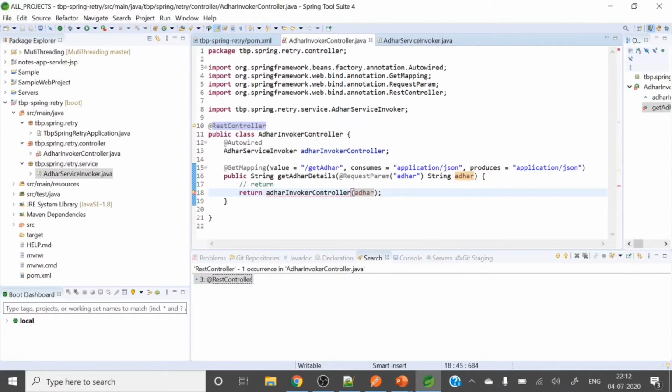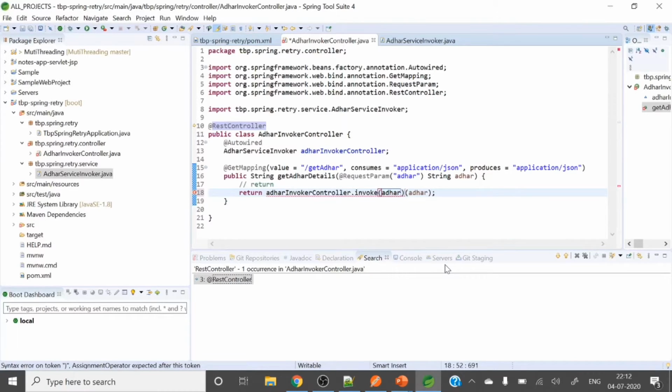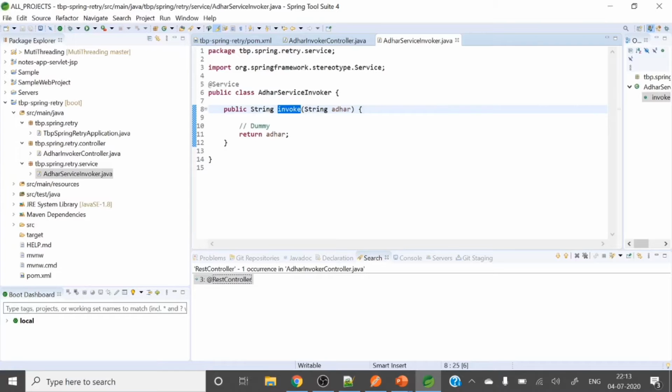Oh, sorry, here we need to call that method, invoke, dot invoke, right? So this is the entire flow of a simple microservice done. It will receive the request with getAadhaar, then collect that Aadhaar number and call this service with the invoke method, which will return that Aadhaar number.